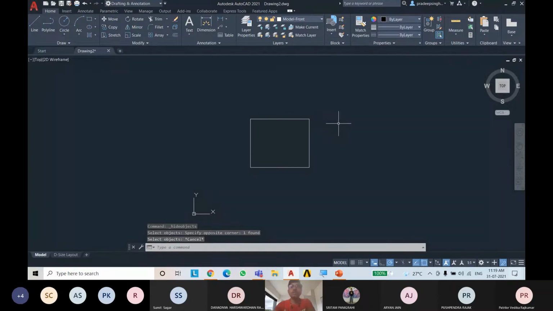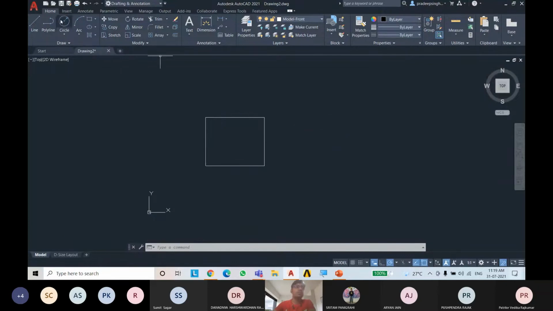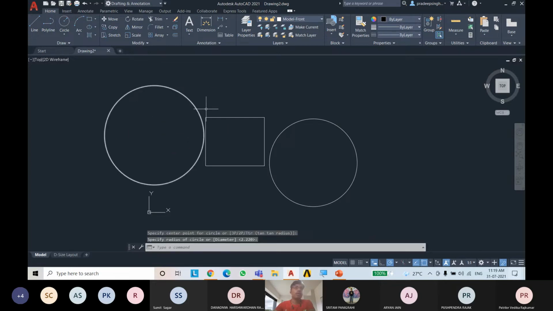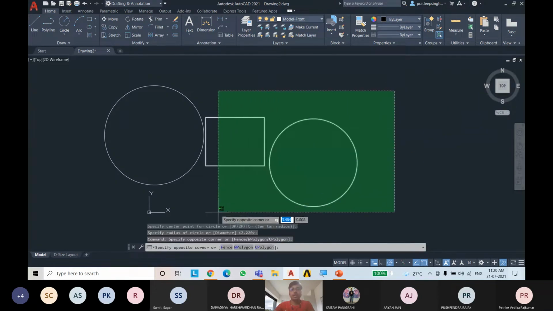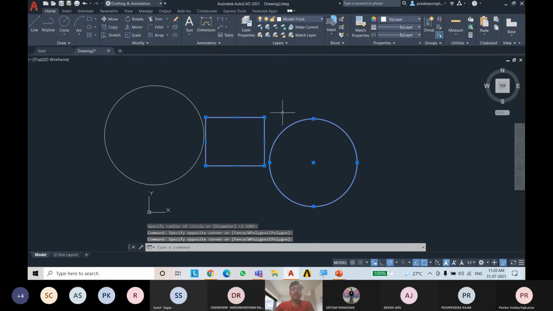First of all, I will just make you understand the selection window. Like I'm drawing a 3D. If you just use the mouse and left click at a point and draw the window, every single line or object which cuts this window will be selected.